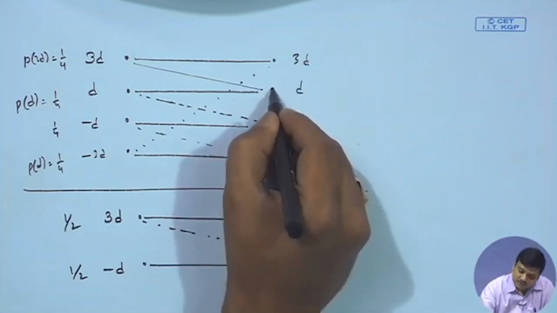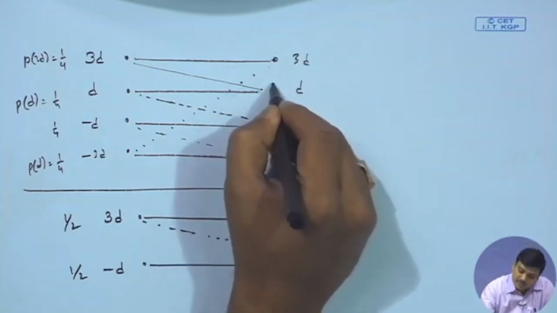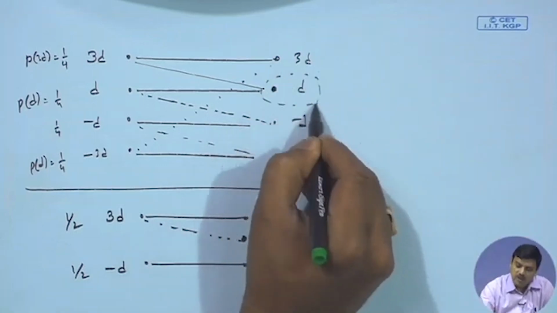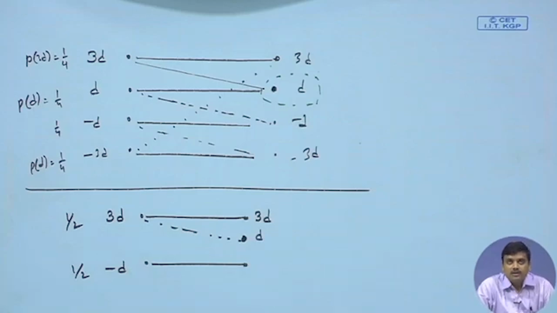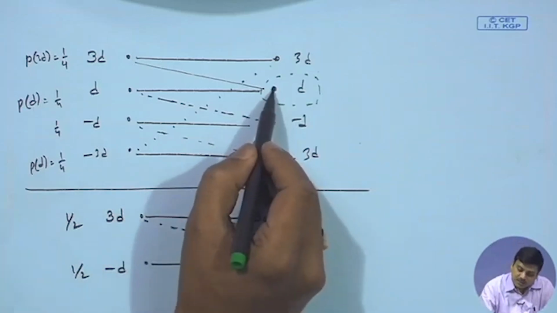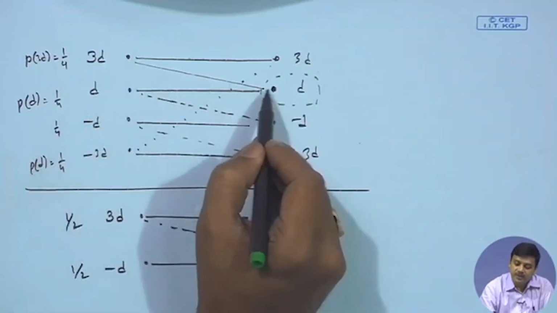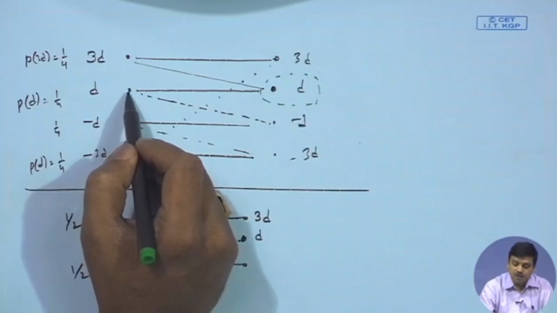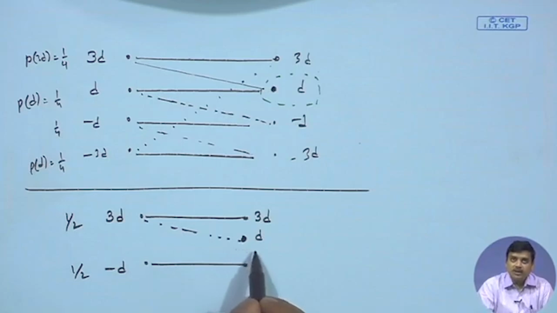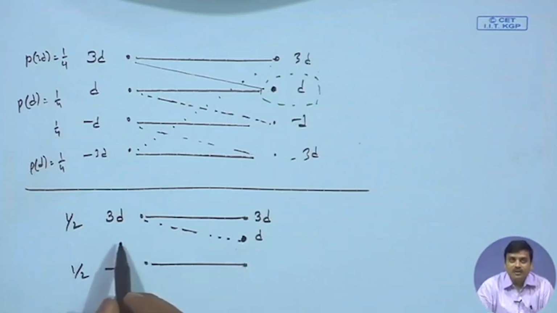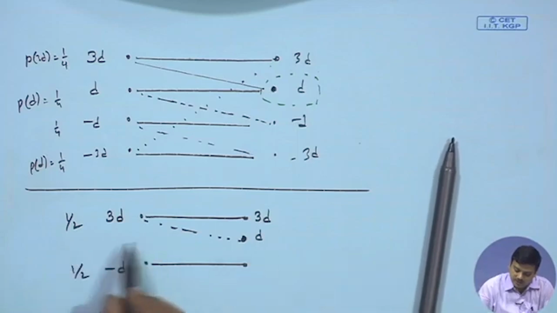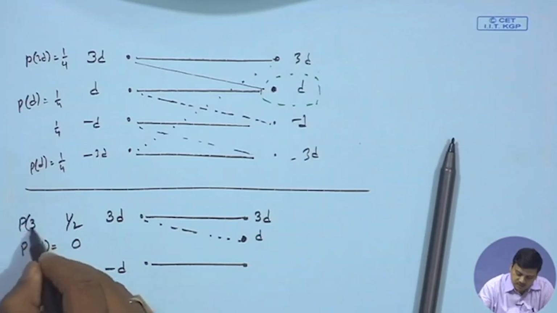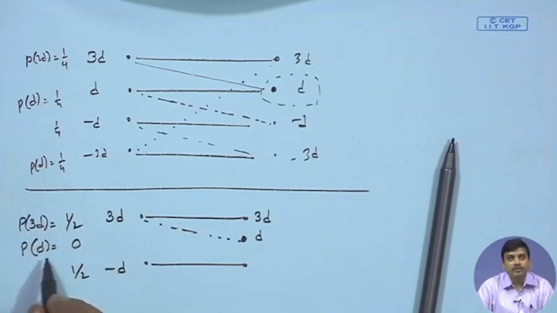See what happens now if I receive D. What is the detector going to do? If it receives D, the detector is confused whether the D has come because of 3D or because of minus D. So, if I do not send D, whenever the receiver receives a D, it knows that D has never been transmitted, because the probability of transmission of D is 0. I have modified this in the new domain with the new probabilities. I have selected a probability where I do not send D at all.